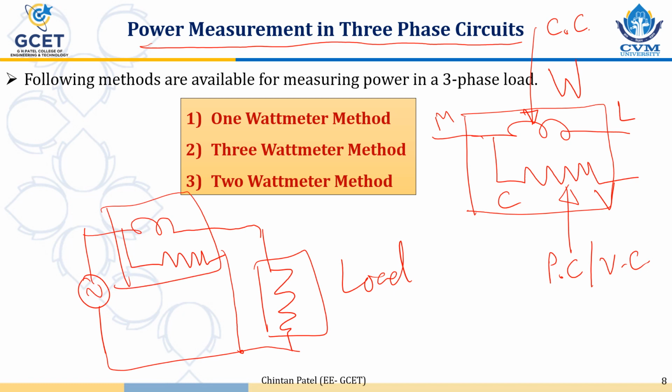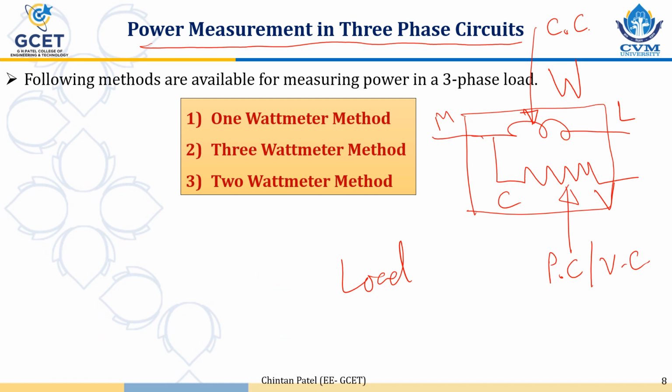The current coil is connected in series, and the potential coil or voltage coil is connected in parallel, or across the load. So the CC will measure current, PC will measure voltage,